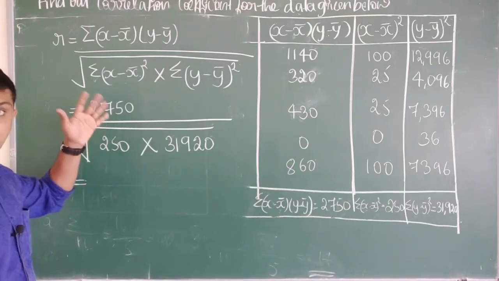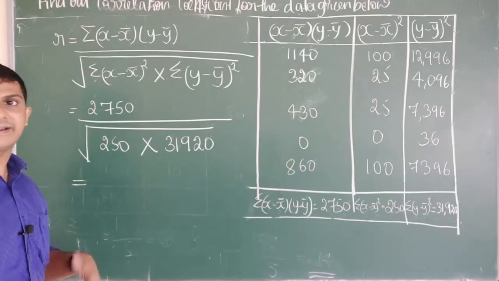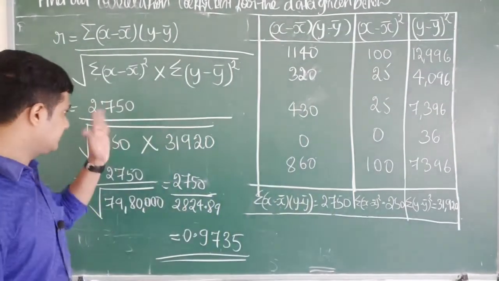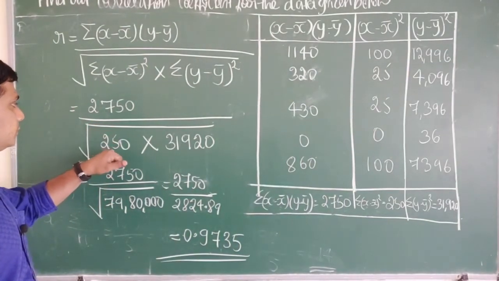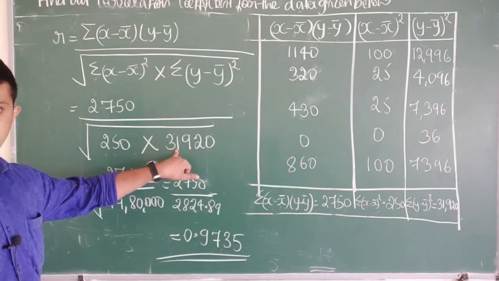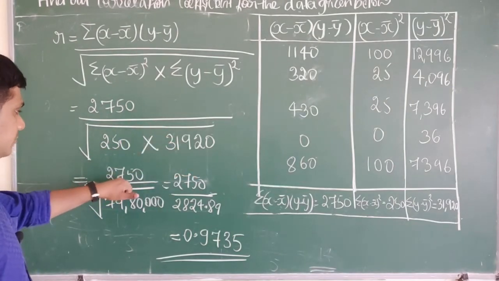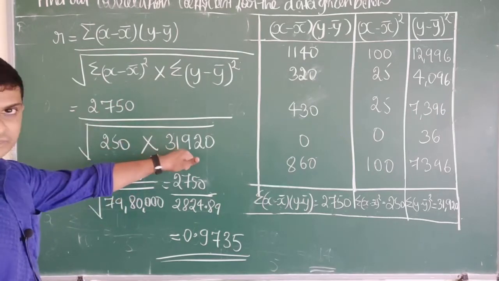We already substituted the values. You continue with the calculation. I'll write the answer here. I have continued with the calculation, so these are the values we are getting: 2750 divided by root of 250 into 31,920. This is where we stopped, and I asked you to calculate. So I have calculated the values: 2750 divided by the product of these two values, which is